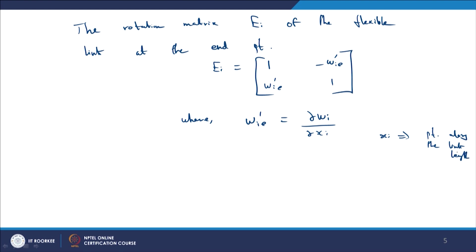It is in our freedom that we can increment xi by whatever decimal point we want, that is in our freedom, and